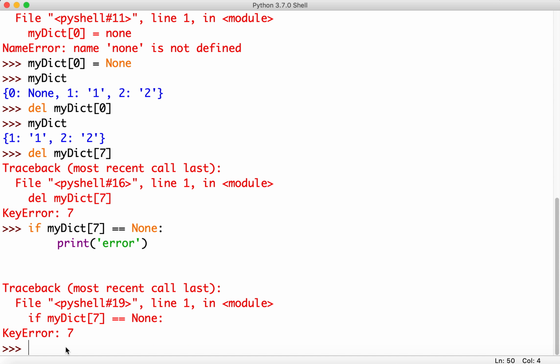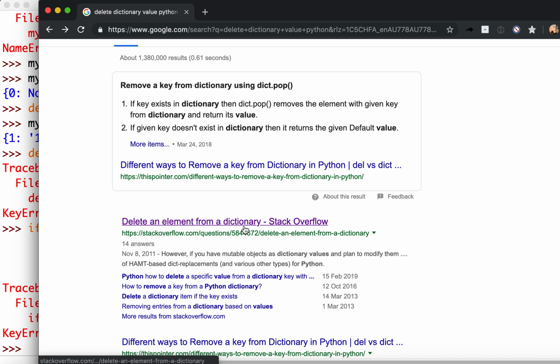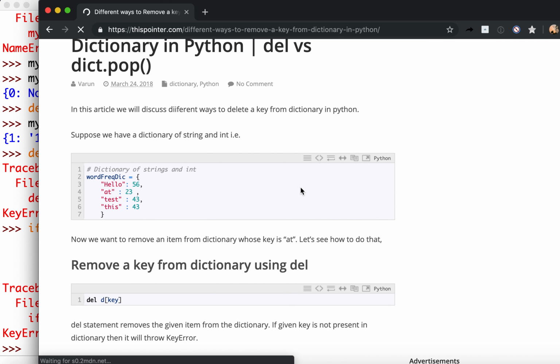And we've got a key error. So you can't compare it to none. Pop removes an element, and if it doesn't exist,